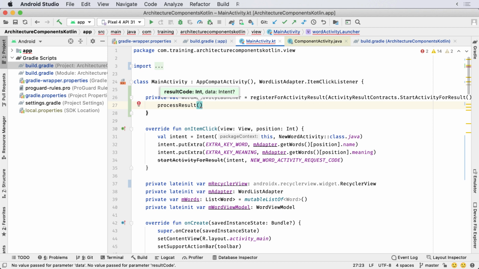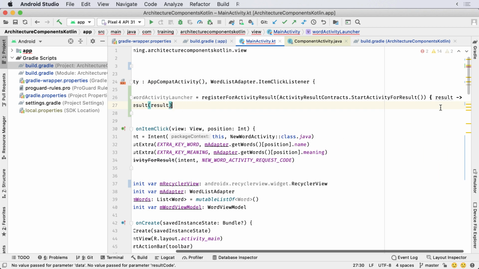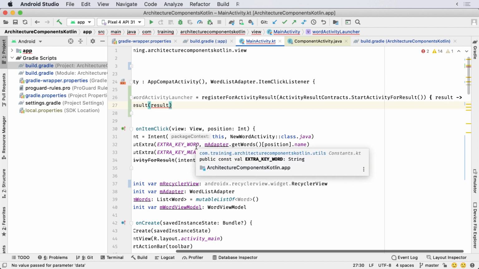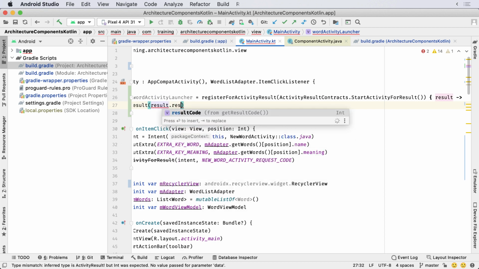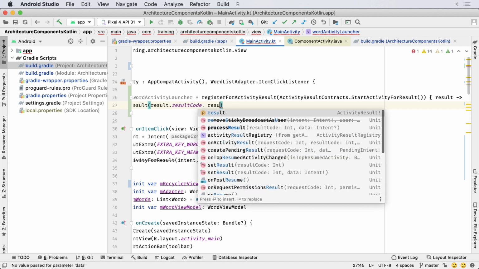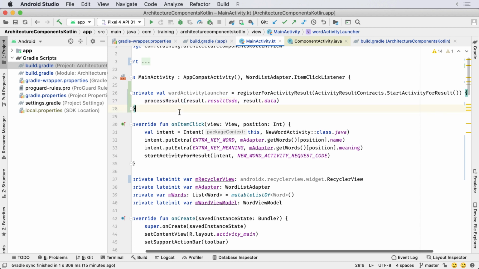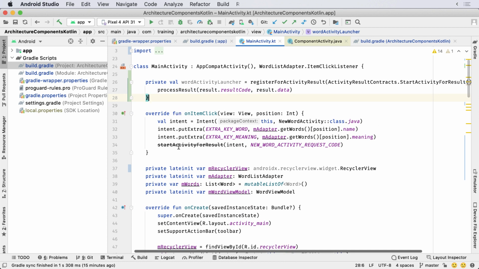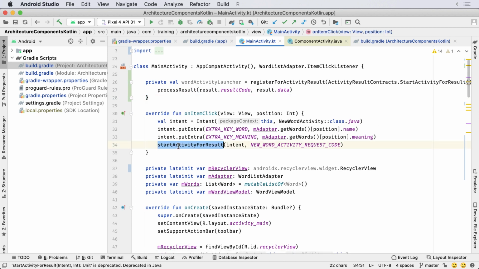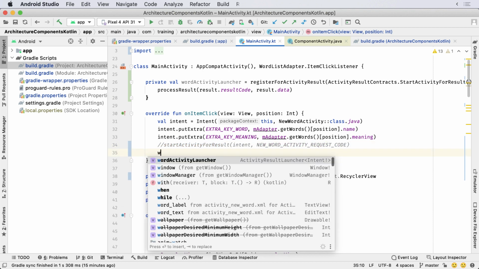I have the activity result with me, which is named result. So result.resultCode. The second parameter is data, which is result.data. Now instead of using startActivityForResult, you will use this ActivityResultLauncher.